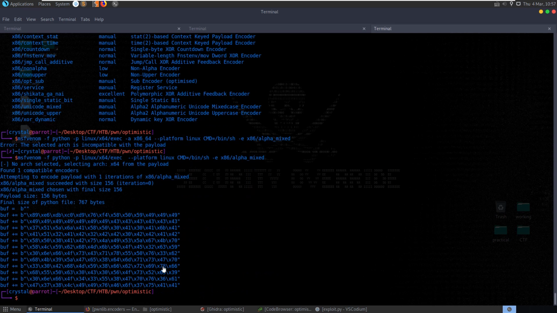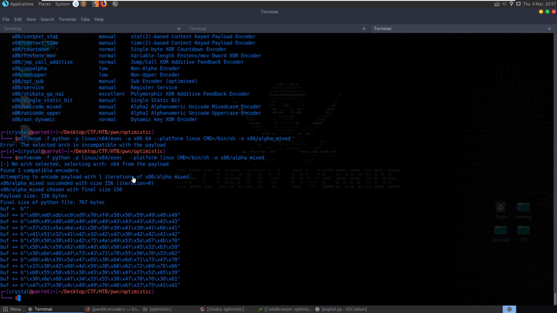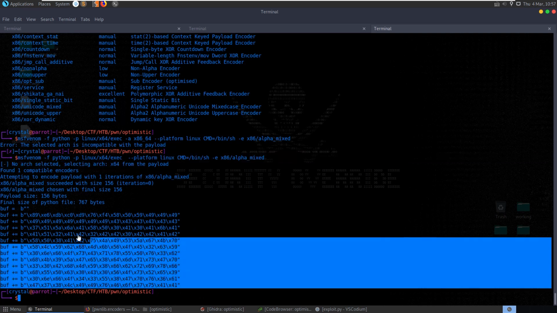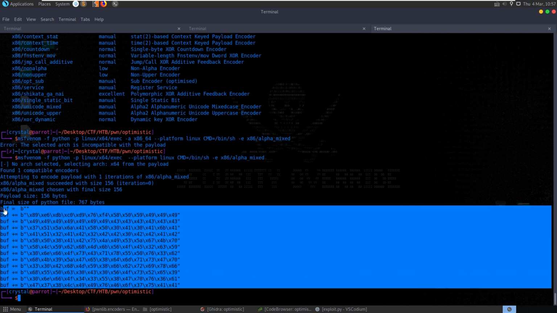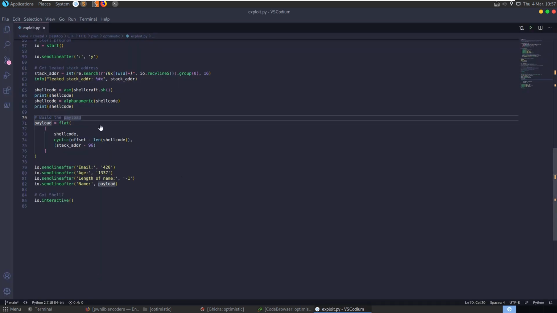And this prints out. So this is interesting. It's going through the x86 alpha mixed, but it's doing it for a 64-bit payload. So yeah, maybe it's pretty obvious that this isn't going to work, but let's just, for the sake of it, go and paste it into